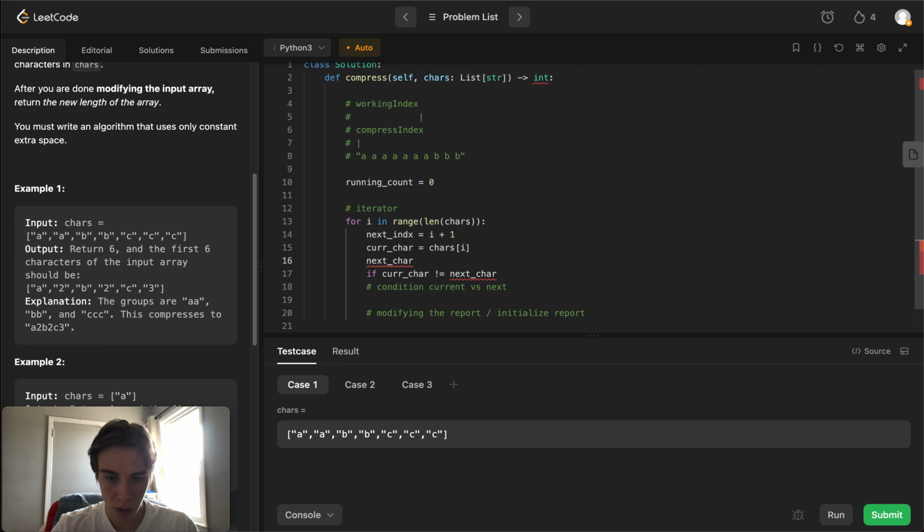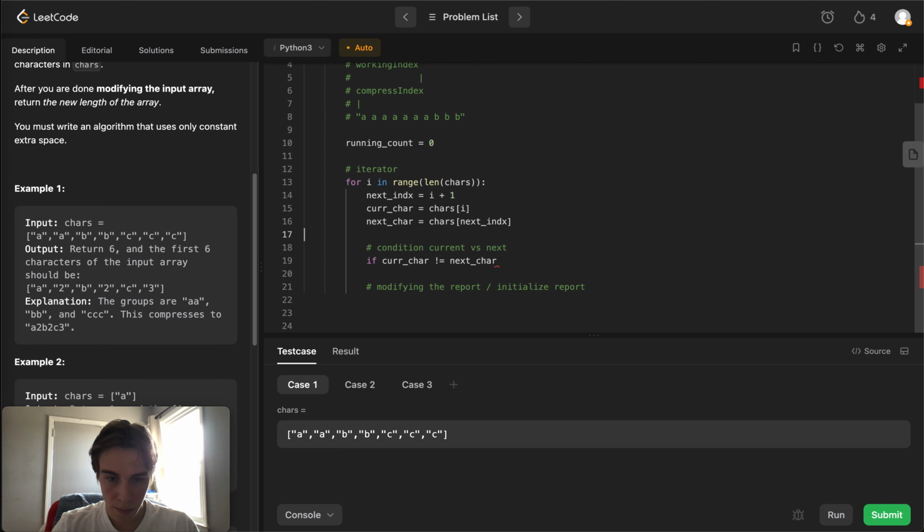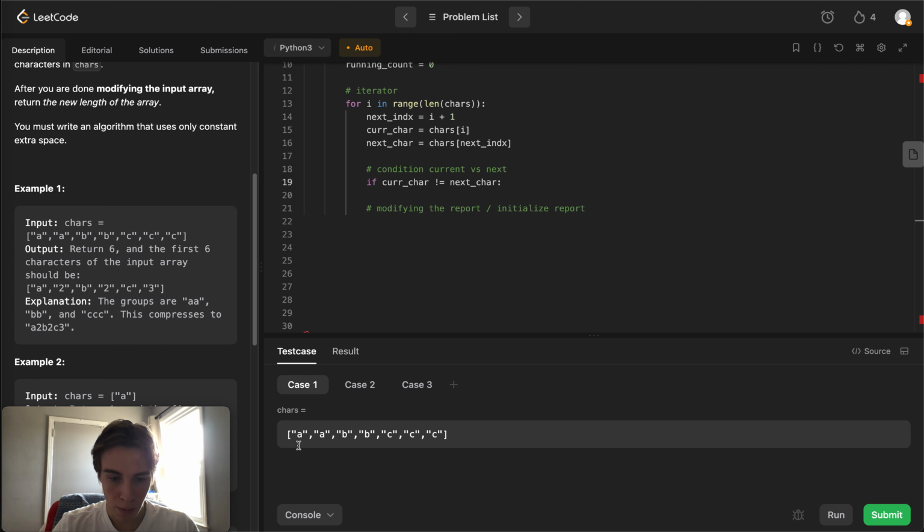Next char is just going to be chars next index. So I'm just writing up the condition for what we're going to be doing, either modifying the report to fit the new character, or, okay, so if current char does not equal next char, then